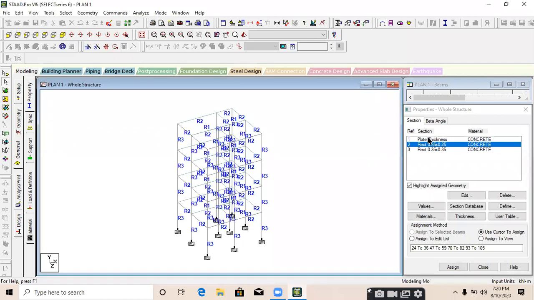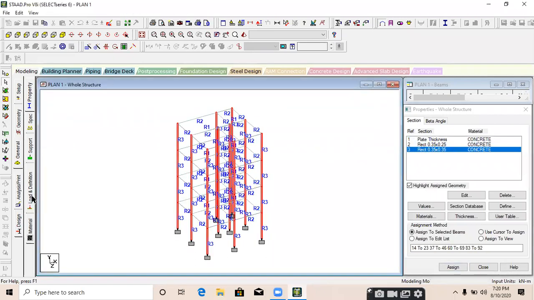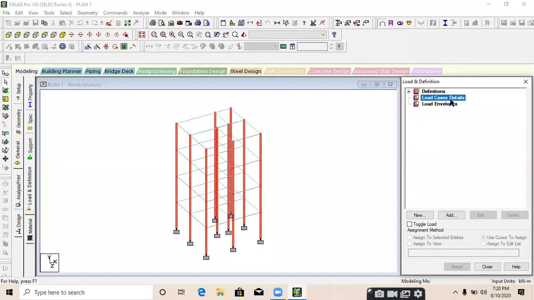Now we deleted all the load cases from stat editor.